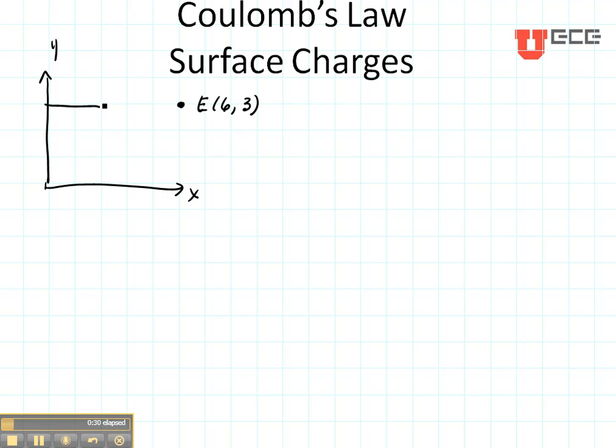I'm going to have a surface charge right here where my rho s is given as x times y coulombs per meter squared, and it's going from x is 0 to 2 and y from 1 to 3. Now I can tell that this is a surface charge because it's given in meters squared, and I can see that it varies in x and y, but I'm going to define that as my xs and my ys variable because those are on the source. It's not the point where I want to find the electric field, it's at the source. So there's my rho s.